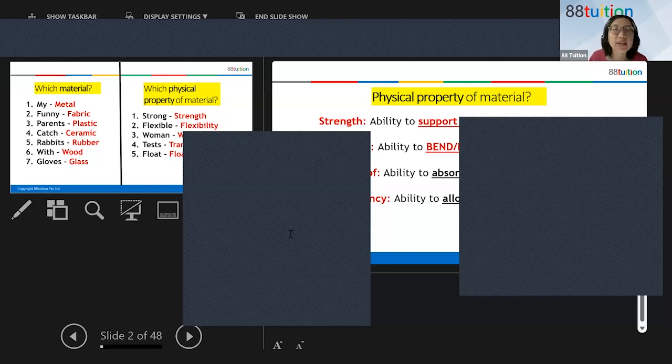Wensing, good try. Now, we do not say lift a weight. But your second answer is great: without breaking. Gisli, your second answer is great: without breaking. Now, strength starts with the letter S, so you think of the word S: support. Support a weight without breaking. So a strong material can support a heavy weight, or you can just say support a weight without breaking.